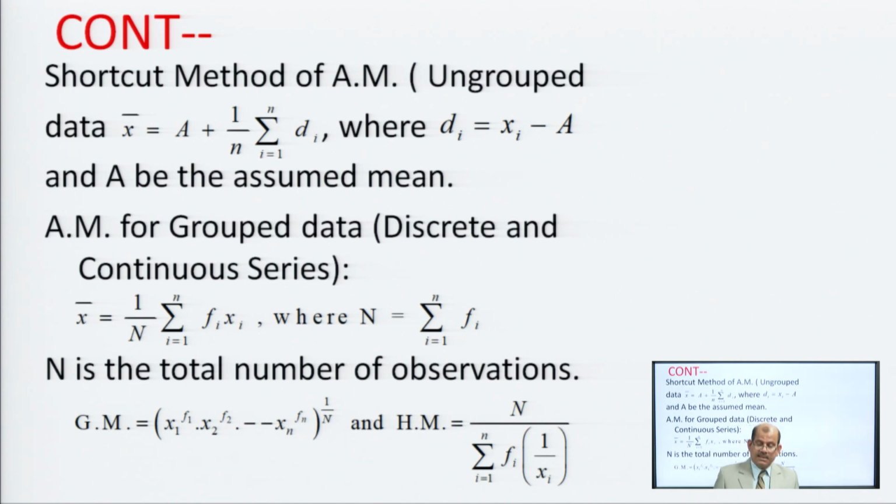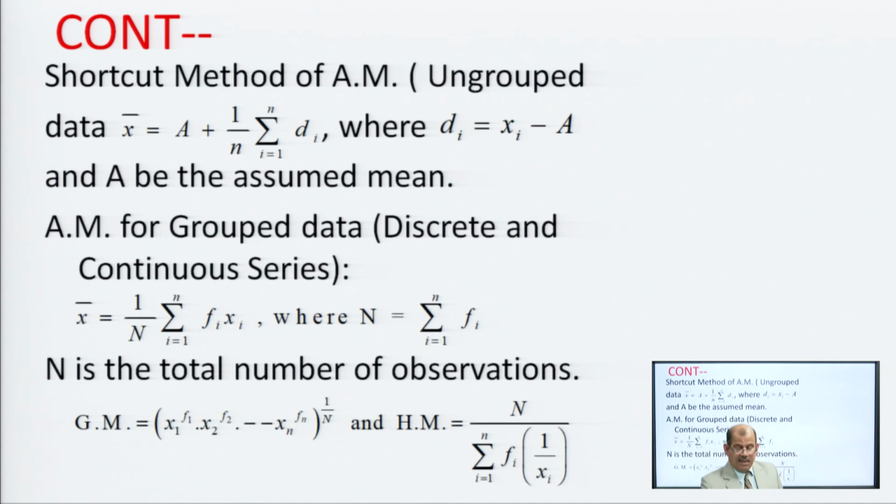We have already discussed what we mean by discrete series. Discrete series means countable series, means countable numbers. Series containing the countable numbers 10, 12, 13, 14, these are the discrete series. Continuous means there is no break in the process, it is said to be a continuous process or continuous series. In a continuous series the interval is a must. If not given, we have to manage the interval. Let n be the total number of observations.